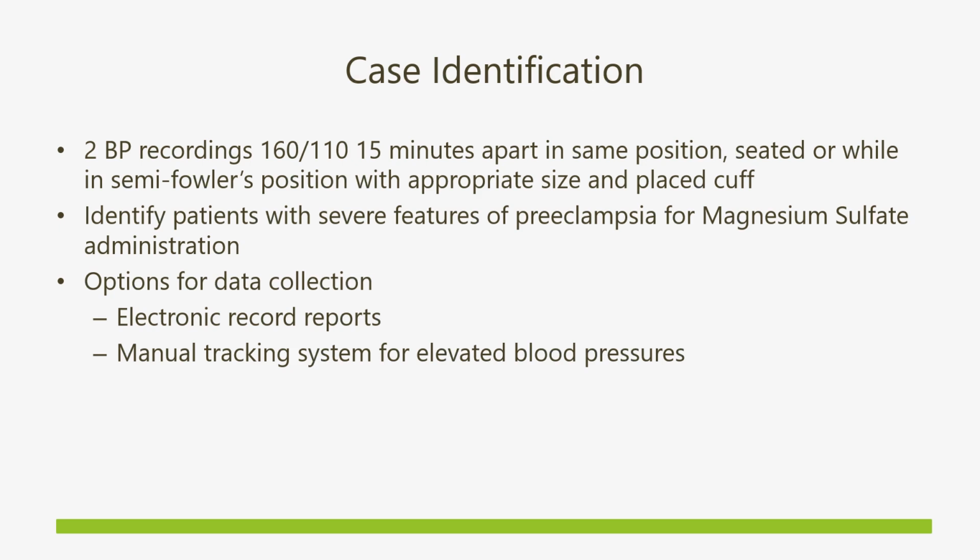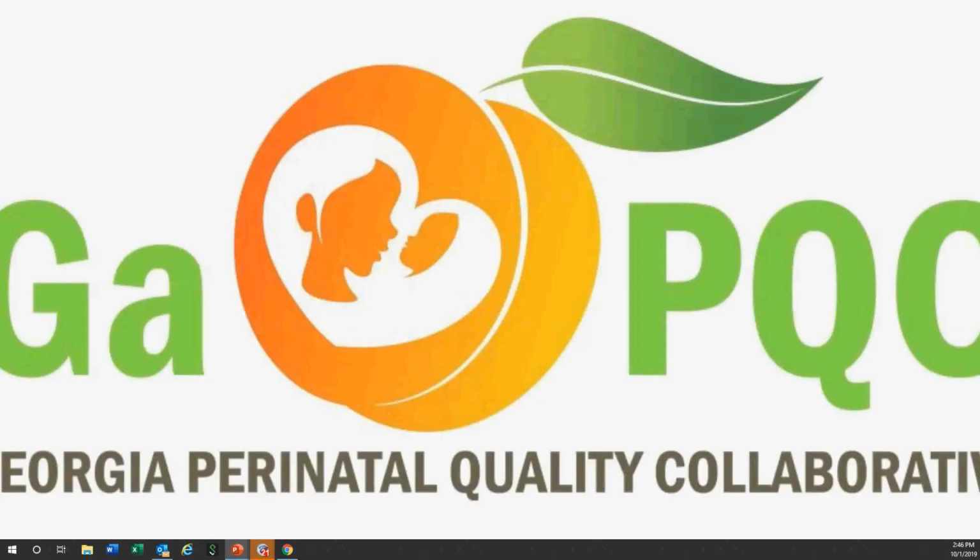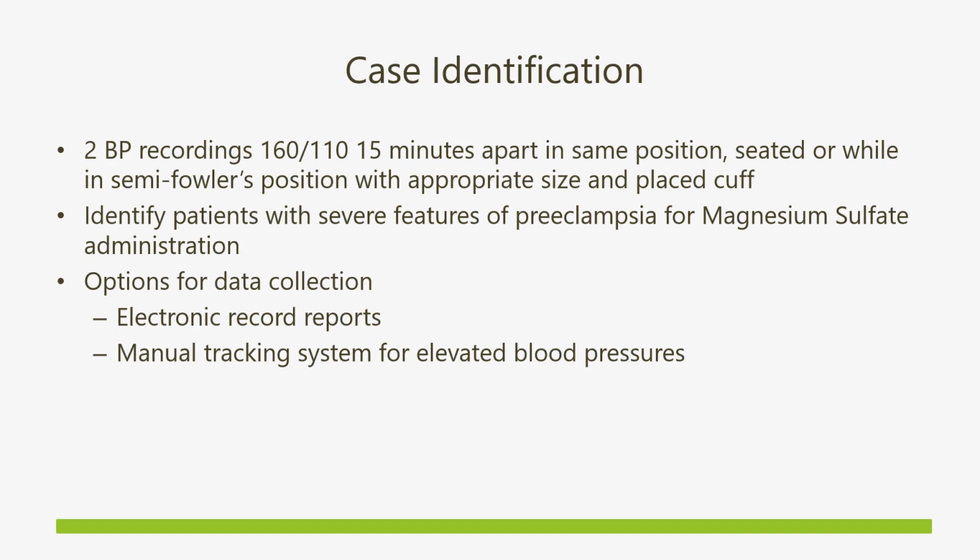And as Diane is saying, it depends how easy it is for each hospital to exclude those who have chronic hypertension. There are different ways we can look into that, which may involve the medical record, the electronic medical record, or old school ways of just being able to say that this is a person who has chronic hypertension, so they don't contribute to our numerator or denominator for this particular process measure. Thank you for those questions.